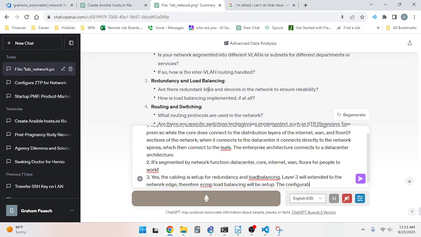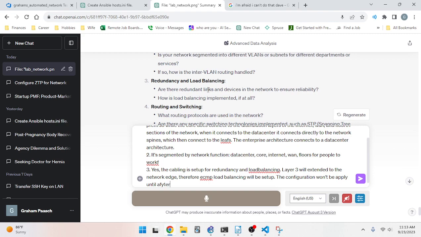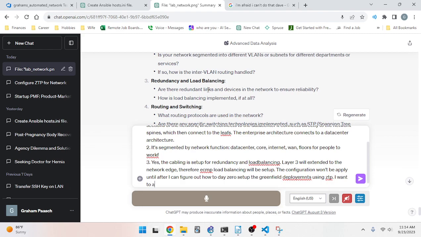The configuration won't be applied until after I can figure out how to do day zero setup of the greenfield deployments using ZTP. I want to automate everything I possibly can,